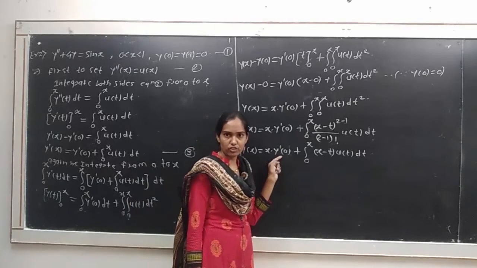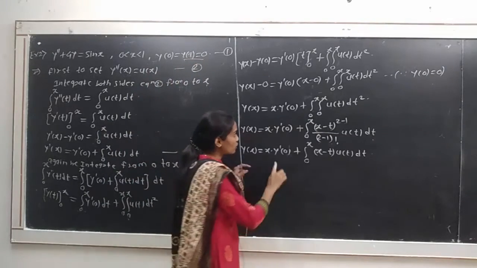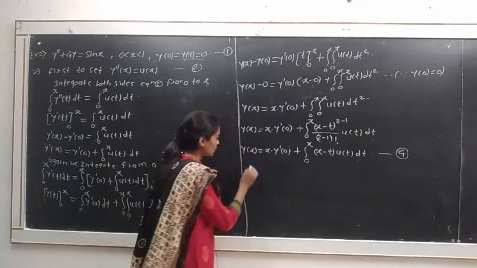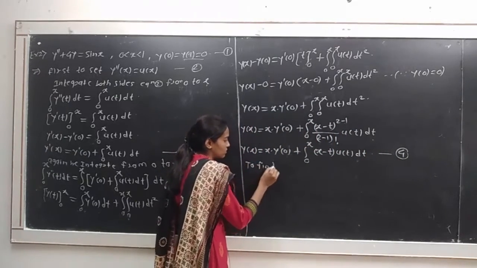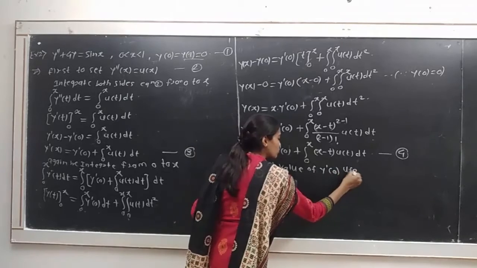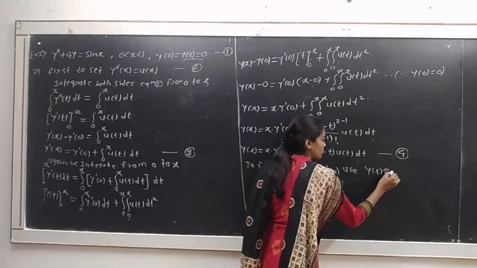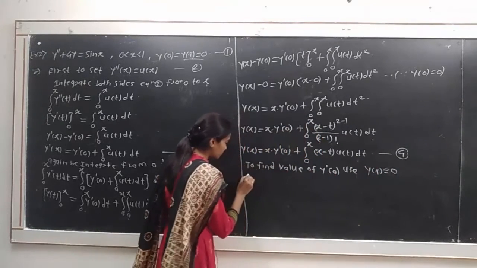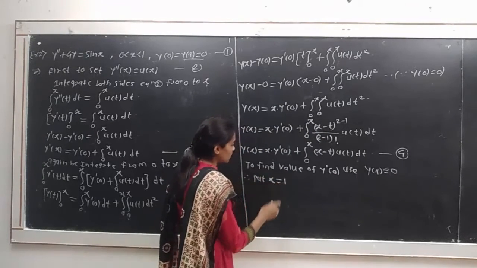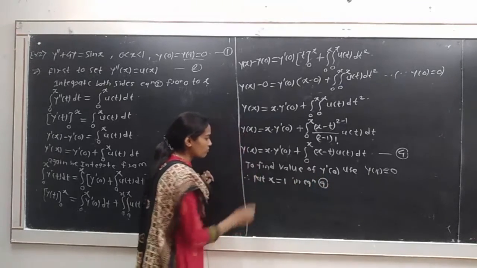We have to find the value of y dash of 0 by using the second boundary condition, that is y of 1 is equal to 0. So take it as the next equation, that is equation number 4. Then to find the value of y dash of 0, use the boundary condition y of 1 is equal to 0. Therefore, put x is equal to 1 in equation number 4. Equation number 4 becomes,